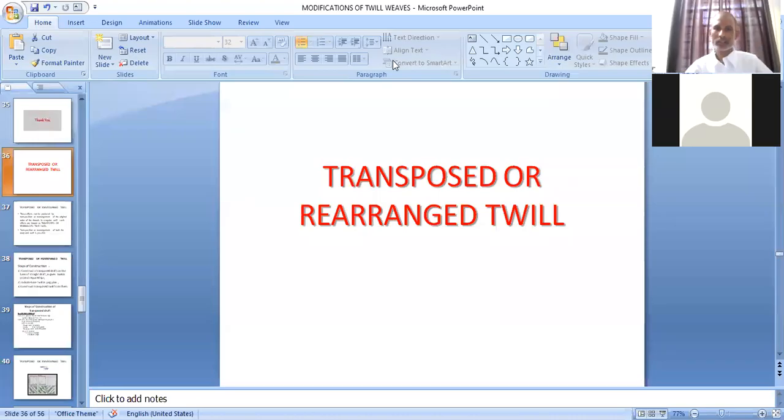Friends, today we are starting another modification of twill that is known as transposed or rearranged twill. Already we have taken a few modifications, so now you are acquainted with modifications of twill, how we can produce different modifications. And in most of the cases you have seen an original or an ordinary or regular twill we are taking as the base, and that is serving as the peg plan, and with the